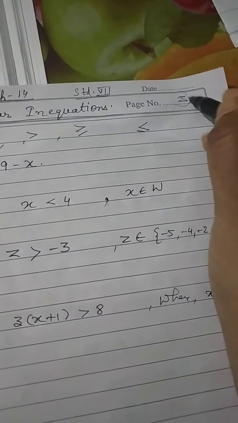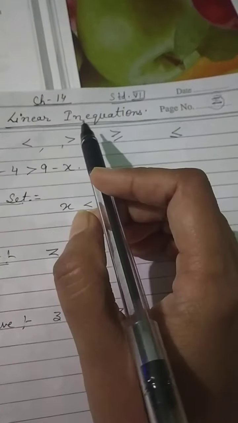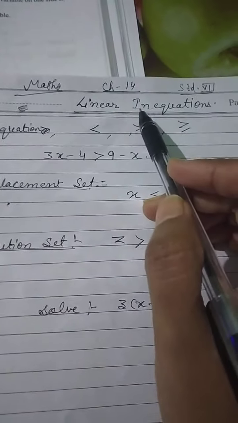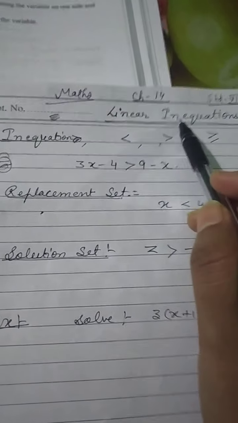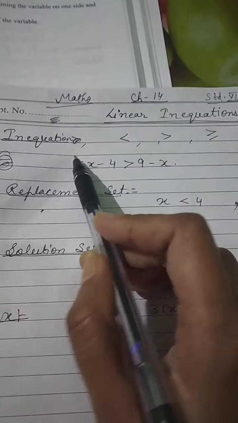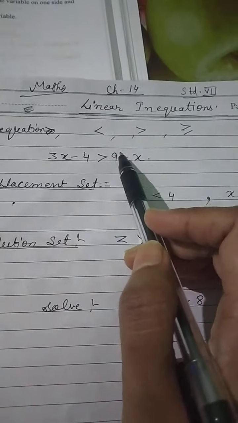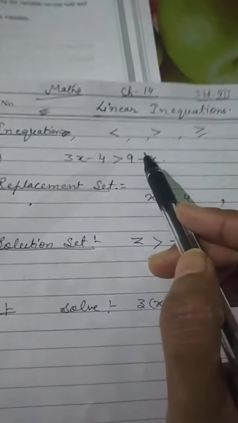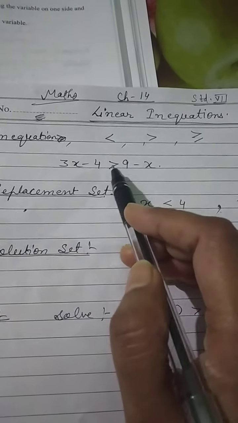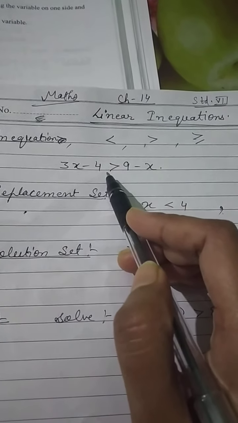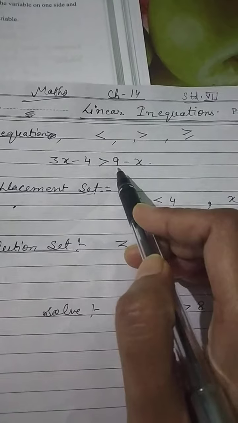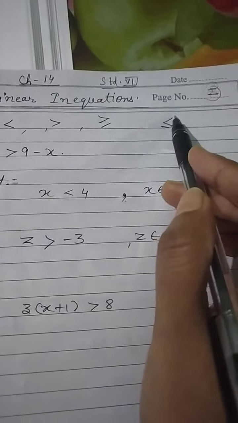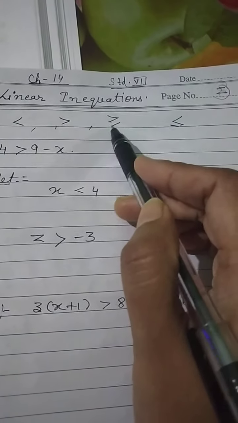Okay, because the equals to sign you will always see in a linear equation, but we are going to study linear inequations. Got it? So an inequation is a statement which states that two algebraic expressions are not equal, they are unequal. Means either one can be greater than or less than. This is called greater than equals to, or less than equals to. This is the equals to sign.